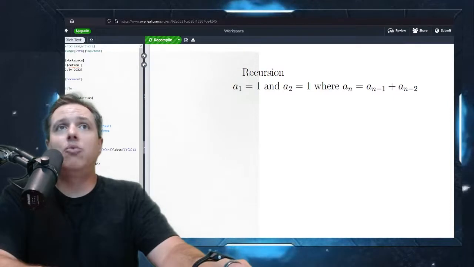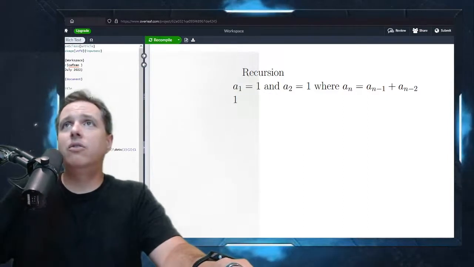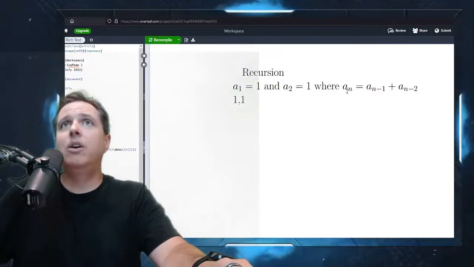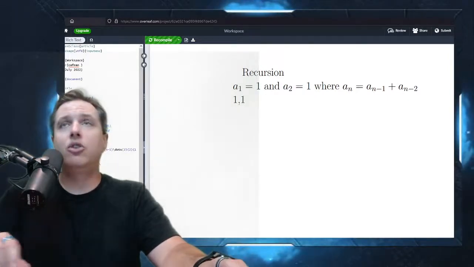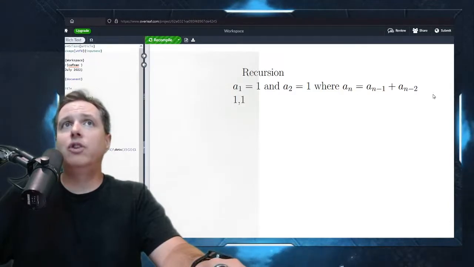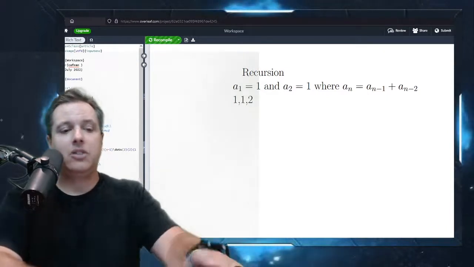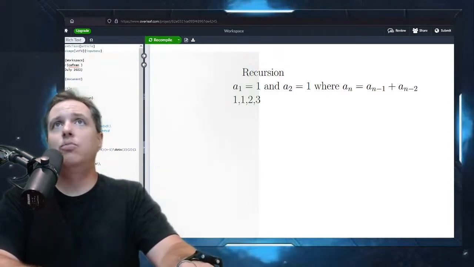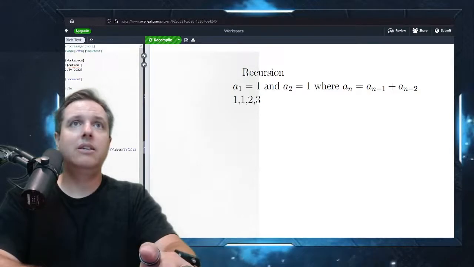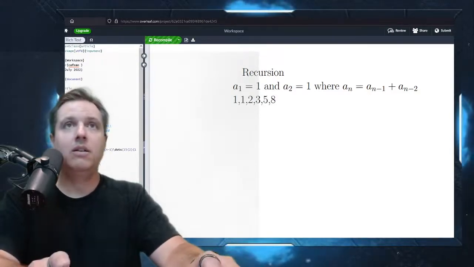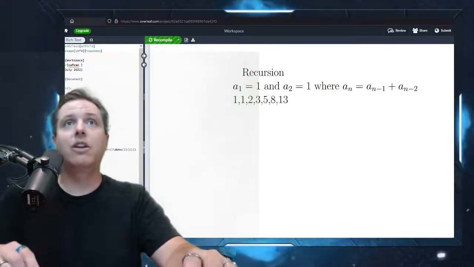Well, we'd start with a sub 1 is 1, a sub 2 is 1. Okay, so now I'm going to plug those in. To figure out a sub 3, that's a sub 2 plus a sub 1. Well, that's 1 plus 1, so the next term is 2. To get the next term, I add the two previous. Well, that's 2 plus 1, which is 3. Then to get the next one, I add the two previous terms. That's 2 plus 3. That's going to be 5. Then 8. Then 13. And you can kind of just see it's going to go from there, right? You can keep literally going forever calculating.